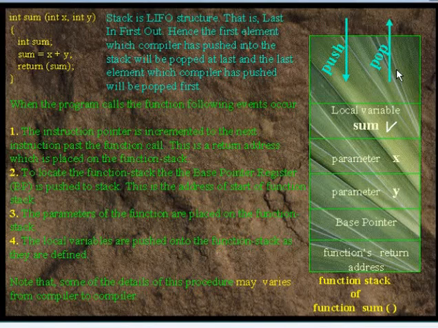Well, now we'll discuss the function stack. When a program calls a function, the following events occur. The first one is the instruction pointer is incremented to the next instruction past the function call. This event occurs at the microprocessor. This is a return address which is placed on the function stack. So the function return address is the first entry in the stack. The compiler will push the function return address in the stack, so this will be at the bottom.